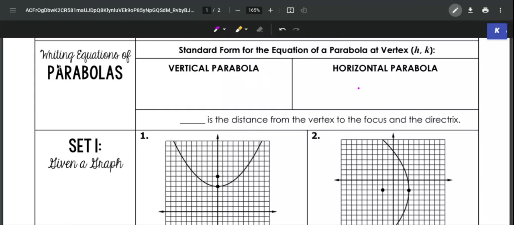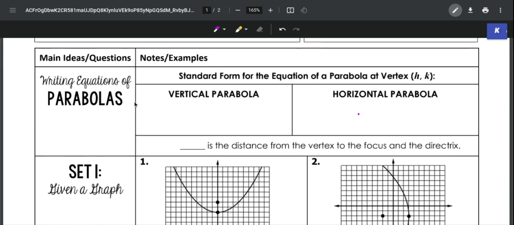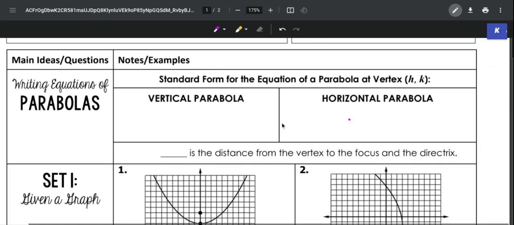All right, so this will be the last part of the conic section, actual, new information. We're probably going to take a look at some more new stuff for this, but for the actual, new graphs, this will be the last part of it. So this is the writing equations of parabolas, which to do this, let's just review back over the vertical parabola